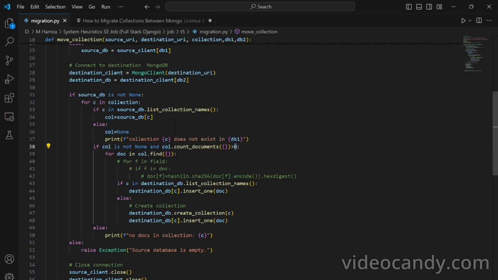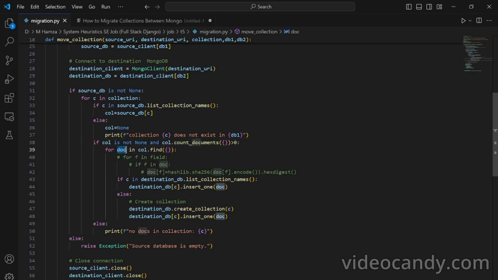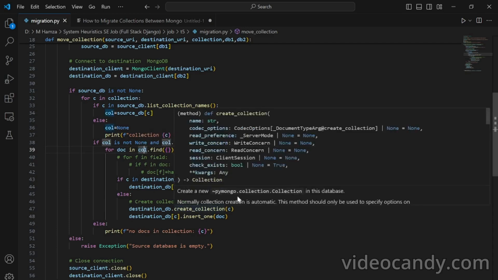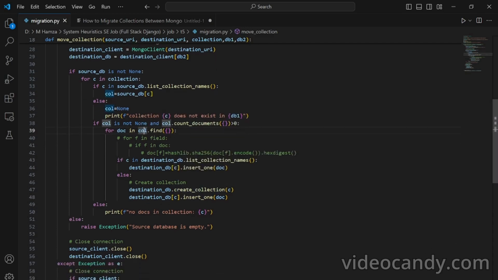If this count is greater than 0, then it is self-evident that the collection is not empty and it has documents. Then we again apply a for loop to loop over the documents in the collection, and we start transferring the collection documents to the destination cluster